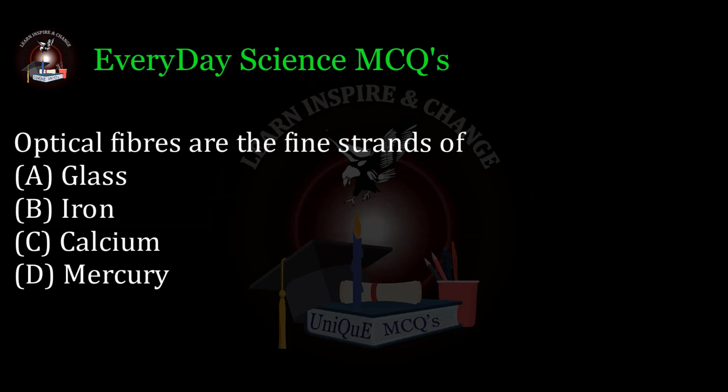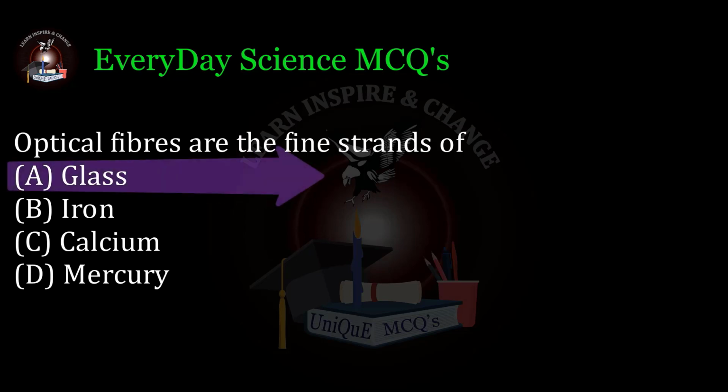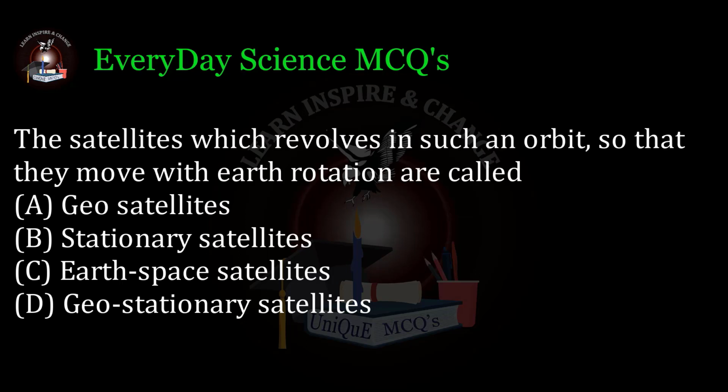Optical fibers are the fine strands of A. Glass, B. Iron, C. Calcium, D. Mercury. Correct answer A. The satellites which revolve in such an orbit so that they move with Earth rotation are called